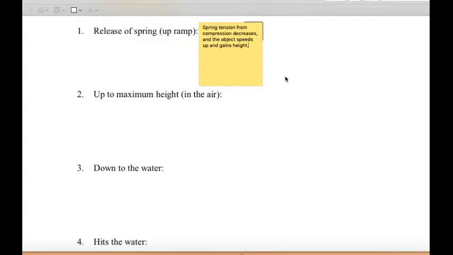So once it's in the air now, we're going up to the maximum height. So we're going to be gaining height essentially. What do we remember about our maximum height though? For an object in this 2D projectile motion to reach its max height, what is its speed going to be, at least in the y direction? It's going to be 0. So we're losing what type of energy? If we're losing speed, we're losing kinetic energy. So what that really means,